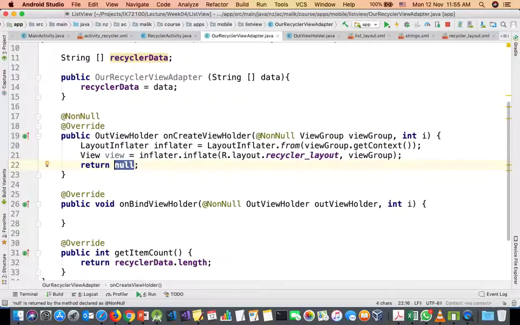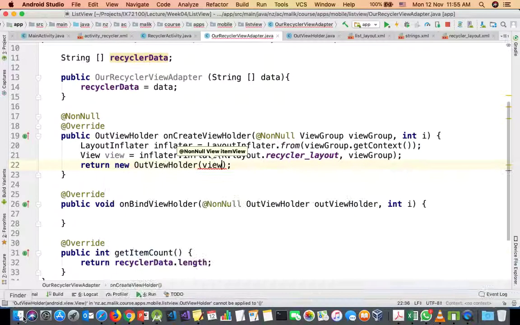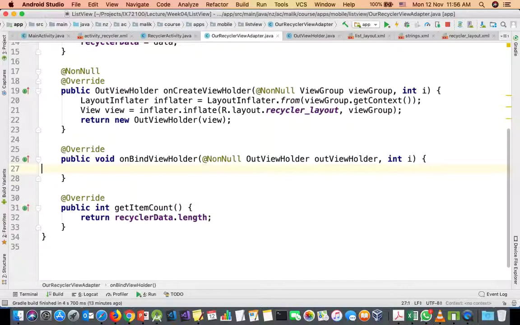Okay, and then we can simply say that I want to create a new our view holder, and we are passing that particular view as an input to this one, because this is the layout that we have created for that one item layout, and we are passing that to the view holder. View holder will have that particular layout. Understand? So we have created that one, and now once we are saying binding,